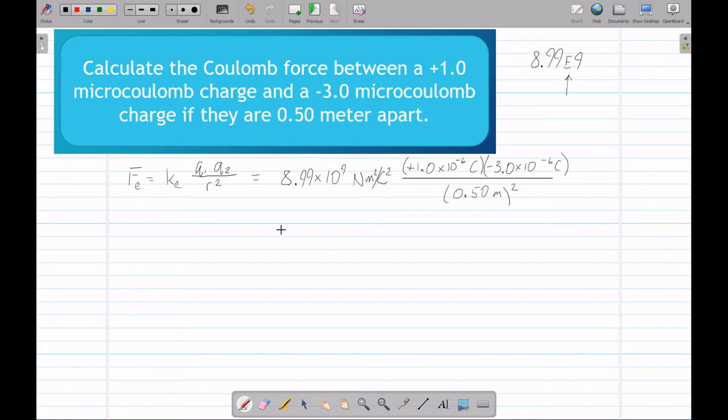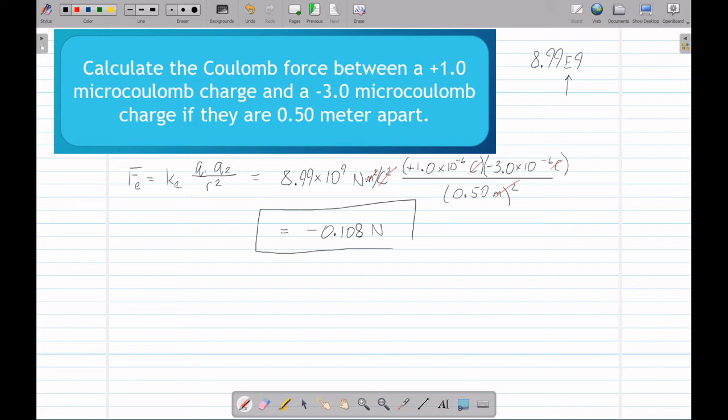So we'll multiply all these numbers together and divide by the radius squared, and you should come up with a number of negative 0.108, and it's going to be newtons because meters squared is going to cancel out with meters squared. We've got coulombs times coulombs, so that's coulomb squared, and that's going to cancel out. And so the only thing that does not cancel out is newtons, and that will be the unit of our